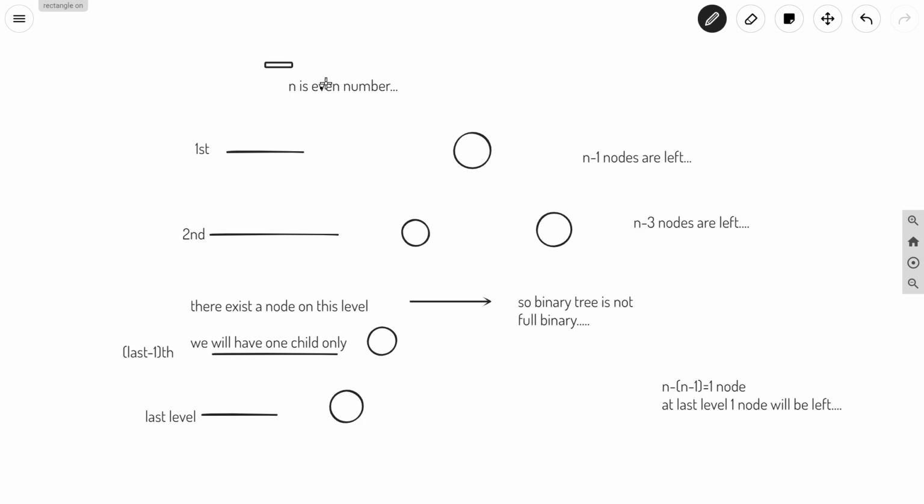So for all n which is an even number, we will not have any full binary tree. For even number of nodes, we will not get any kind of full binary tree. So we will just return an empty vector in this case.